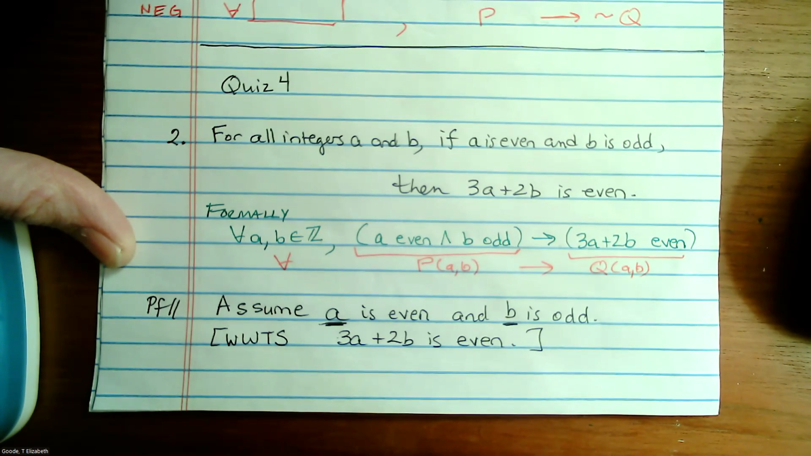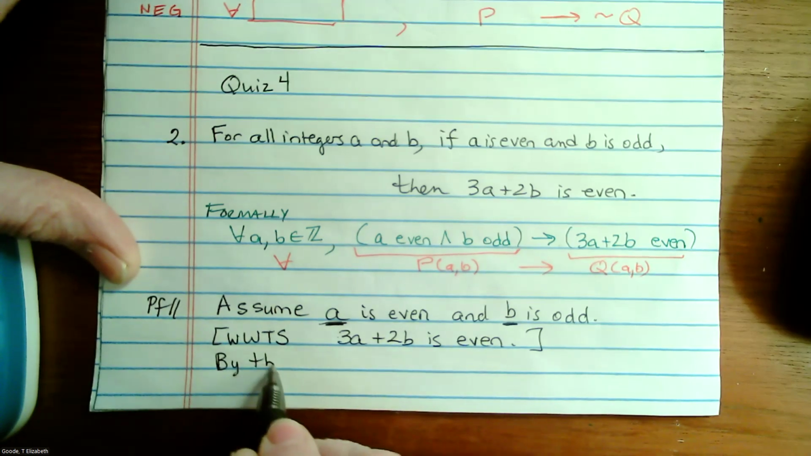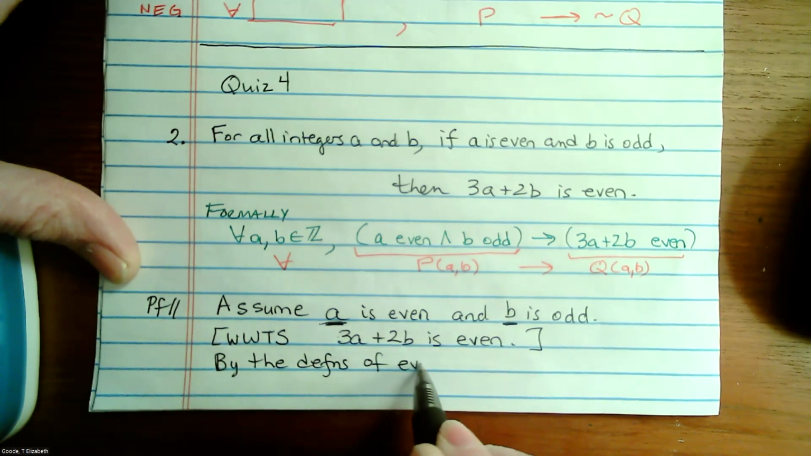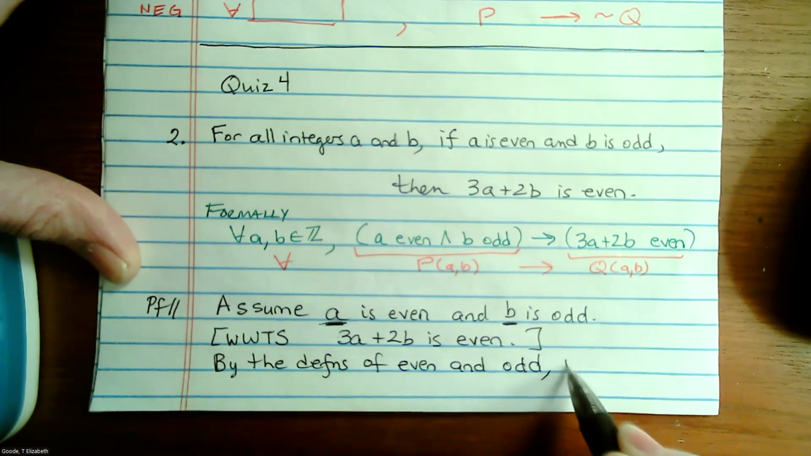So for what we're looking at right now, after stating assume A is even and B is odd, it seems to me like the next thing that I would do is present the definitions of even and odd. Let's go ahead and write the proof. By the definitions of even and odd, and I'll go to the next page. We